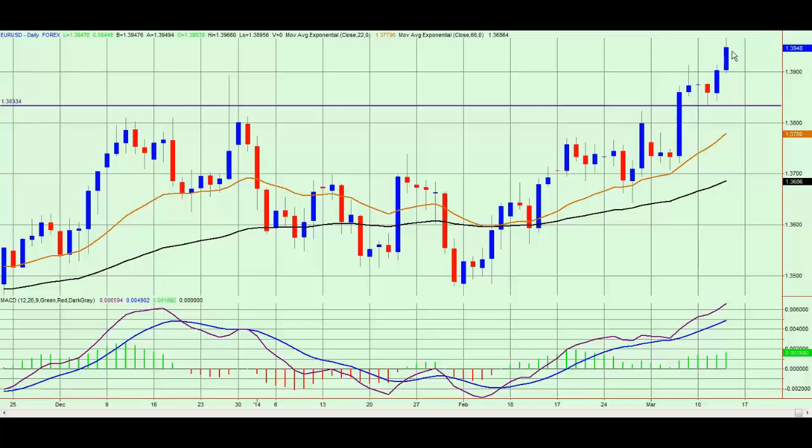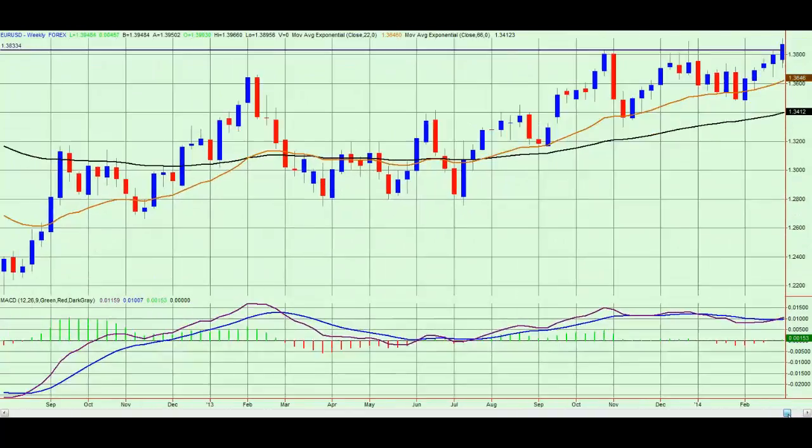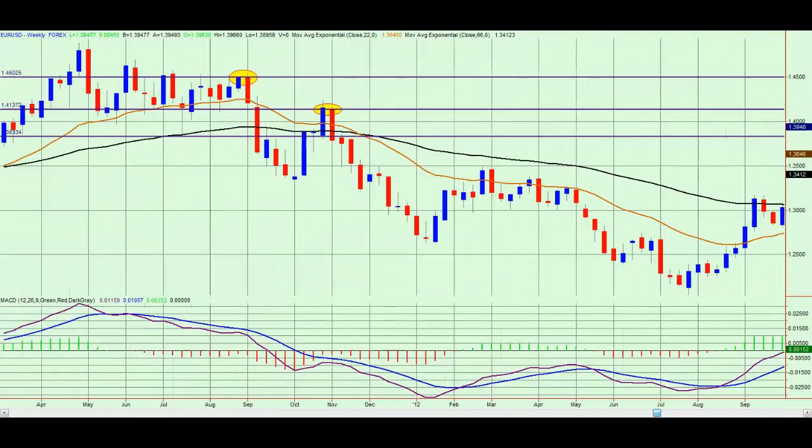There's been some major data out this afternoon, but before we look at that, we just want to look at some levels on the Euro-US dollar that you need to be aware of. So if I just quickly take a click over and have a look at the weekly chart. And from the weekly chart, if we just scroll back, we can identify a couple of key points here where price fell from. So these may potentially form areas of resistance at the 141.37 area, the 145 area as well,